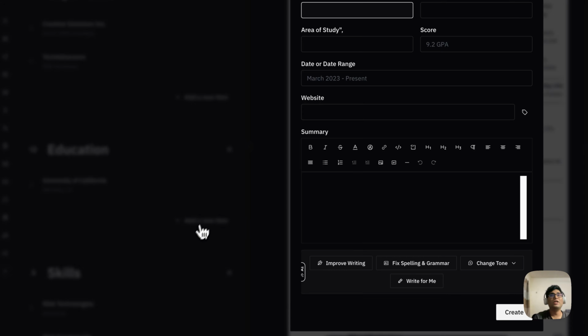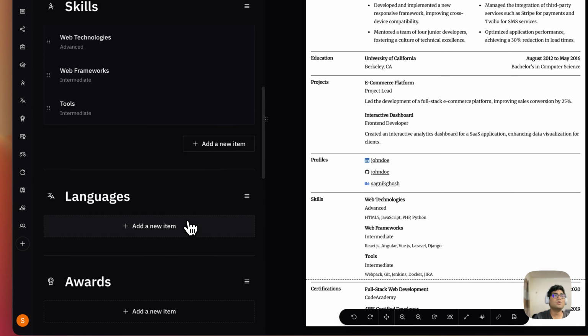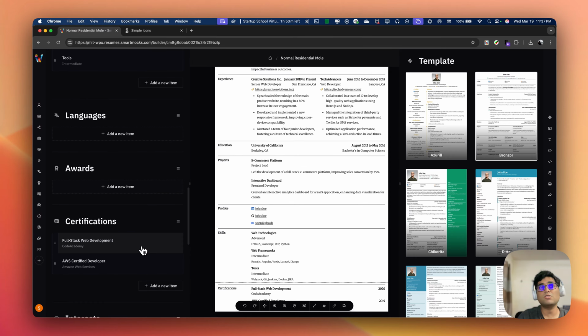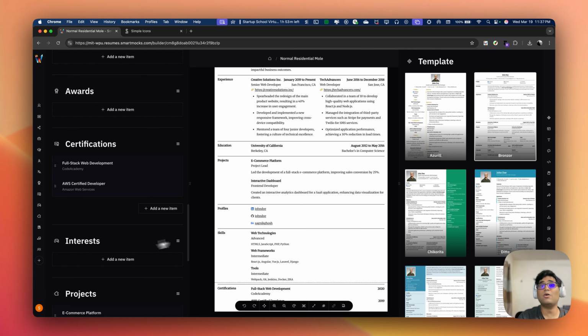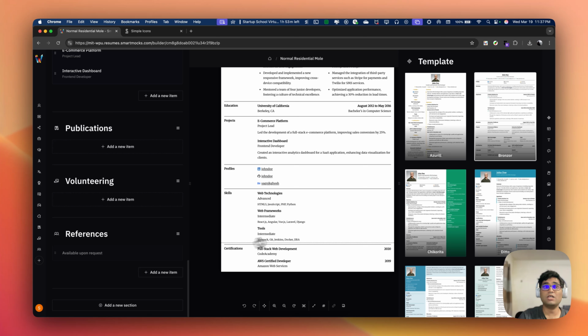You can add more educational qualifications, you can add more experiences. Say you have earlier worked on some different kinds of awards, you have received multiple certifications, you can add all of them over here. One more thing that you need to keep a track of here is